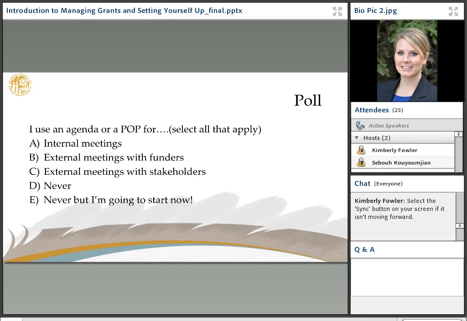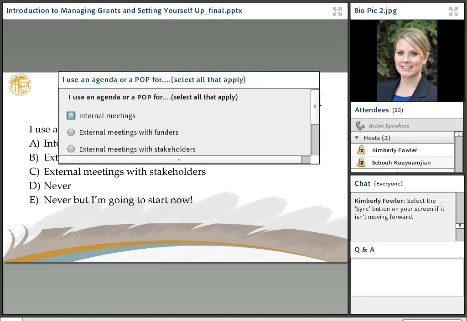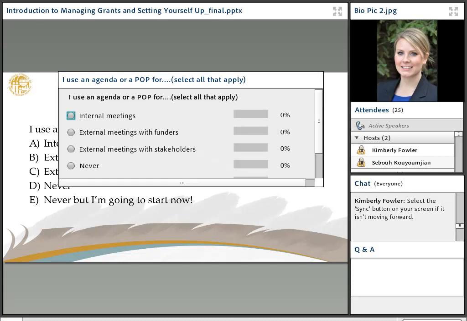So another poll question for folks, just to see how many of you actually use an agenda or a POP for your internal meetings, external meetings with funders, external meetings with stakeholders, maybe never, but I'm going to start now.